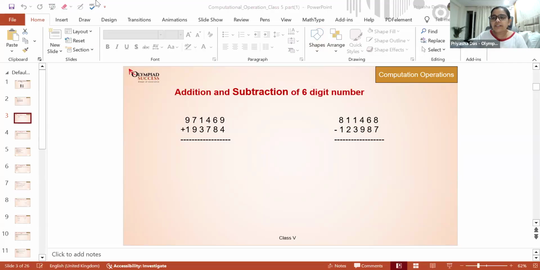I've started getting answers also. Very nice. People who have joined me right now, good evening. You are few minutes late. So we have started with computation operation. That means we'll be doing addition subtraction questions today. And this is a warm-up question for everyone. So once you are done with this in your notebook, type out the answer in the chat box. Well done, Reyanshi. Thank you. I'll wait for others to send me the answers.